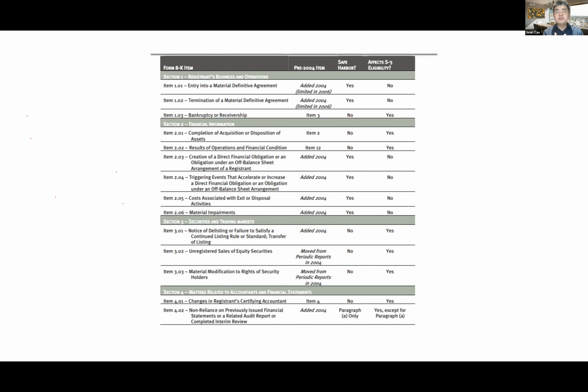So how do we define material? Any information that can affect stock returns effectively. Any information that will affect earnings by more than 1%. Any information that will affect total assets by more than 3%, in a rough way. Okay, it's not definite; in an estimated way, that is how material is defined.